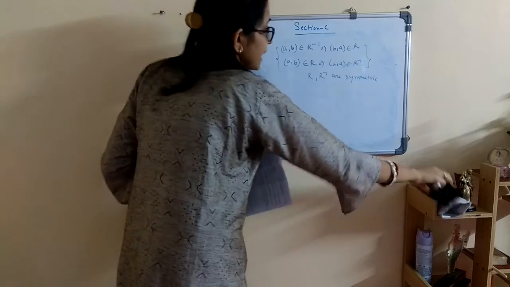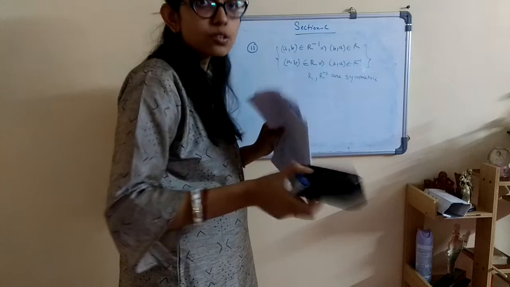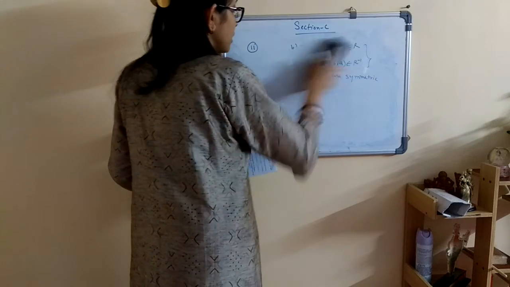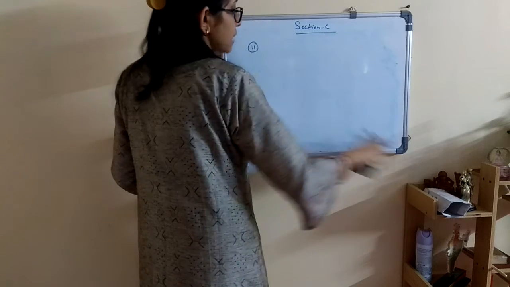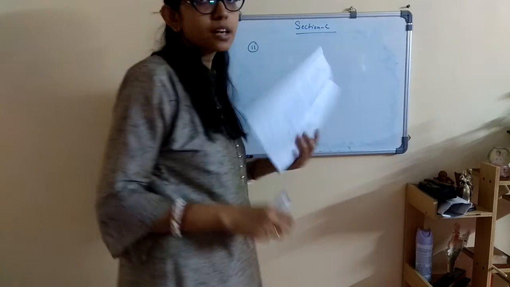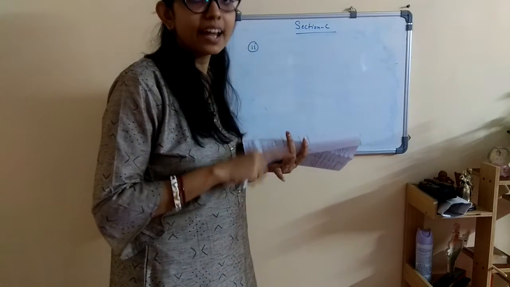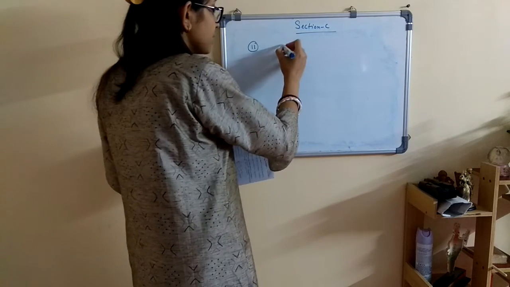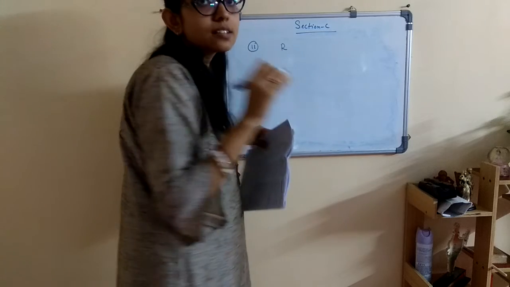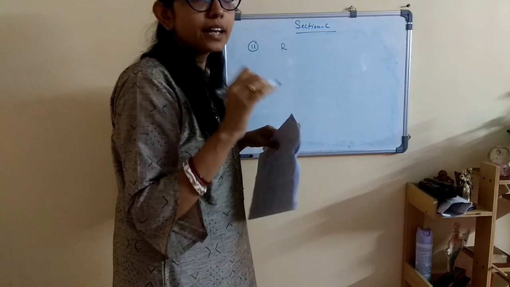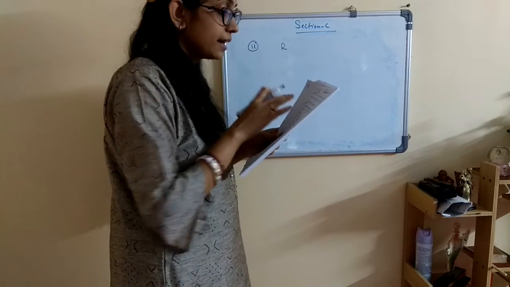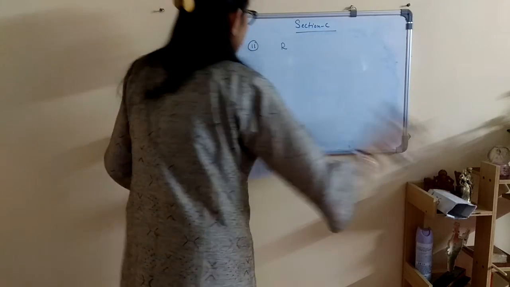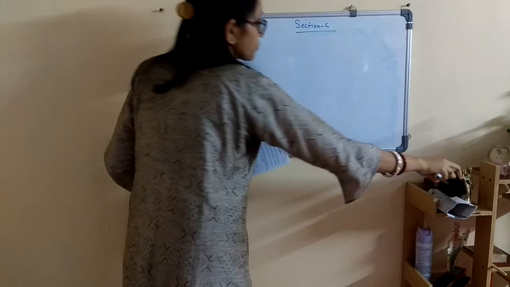That is, if we exchange the elements also, both will remain the same. So now, as R and R inverse are both reflexive, transitive and symmetric, we can say that if R is an equivalence relation on A, then R inverse is also an equivalence relation on set A.